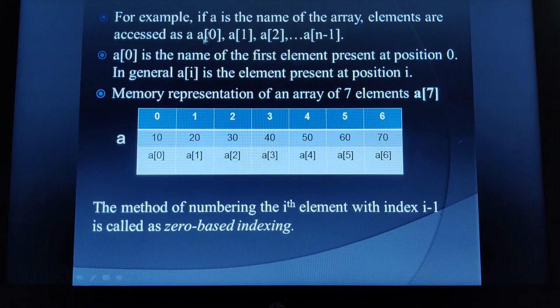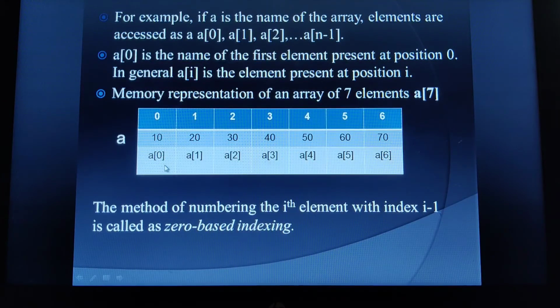Here for an example, we have taken an array. See here, I have given the array name as A, wherein we can access the elements of the array with the help of the subscript. Can you see here? A of 0, this is A of 1. These are the positions. Simply if I write 0, 1, 2, 3, 4, then these are referring to the positions.